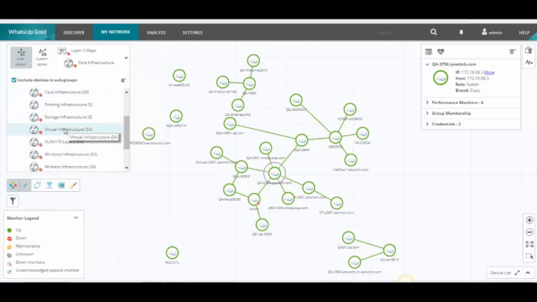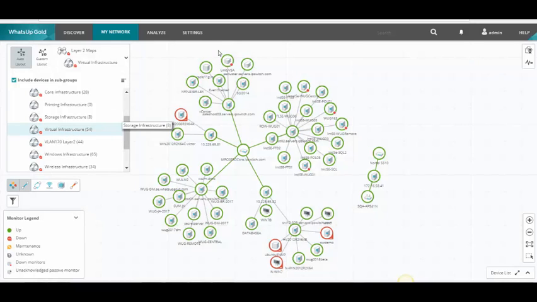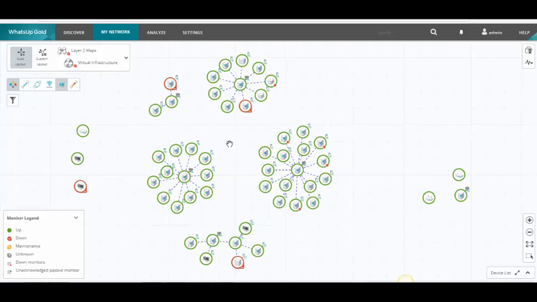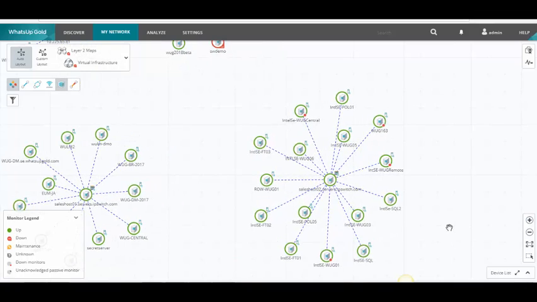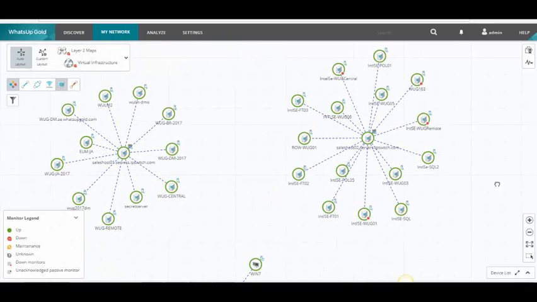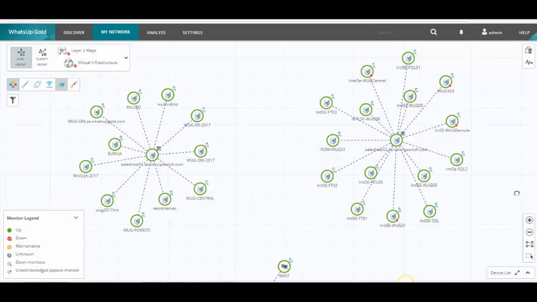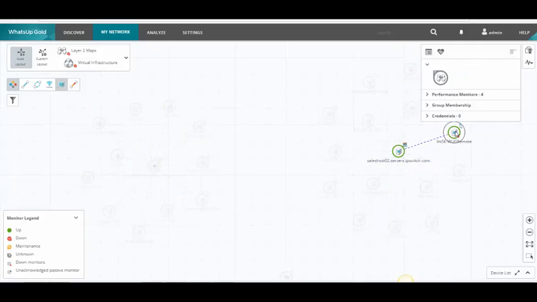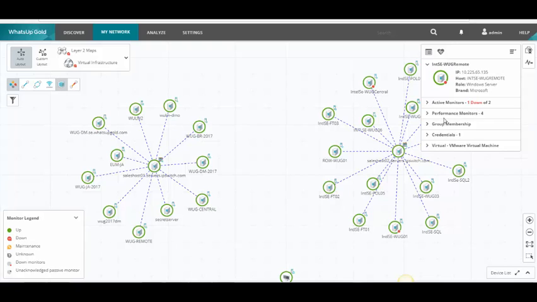Let's go to the virtual infrastructure. In WhatsUp Gold, we are going to have an understanding of your virtual environment. We'll also have another overlay called virtual overlay. And with this virtual overlay, we will be able to understand that virtual environment and visualize the connectivity between the hosts and the devices deployed off the host. We'll be able to understand what's up and what's down on those devices. We can click on them and look at them at a point in time.